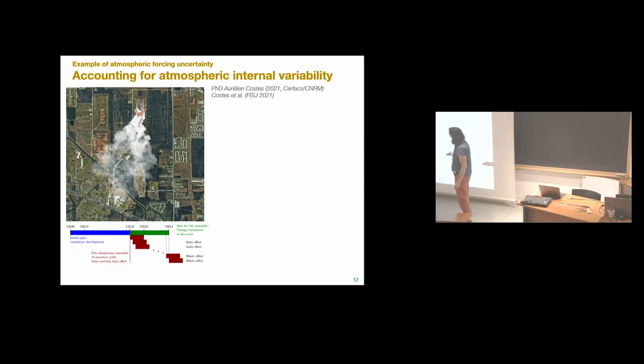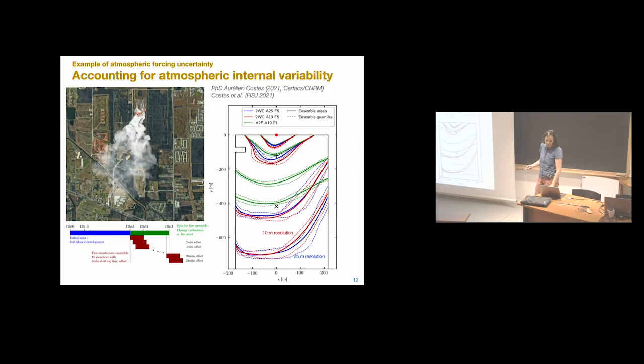So it's the same simulation as before on the FireFlux case, but what we have seen is that for validation, it's very hard to validate such a simulation against the observation if you have only one deterministic simulation. So actually, what we have done with Aurélien is that instead of running one simulation, we have an ensemble of simulations, and each simulation starts at the fire ignition at a different time. This is to have different realizations of turbulence and of the boundary condition, and it has a strong influence on how the fire will propagate over time and over the grass burn plot.